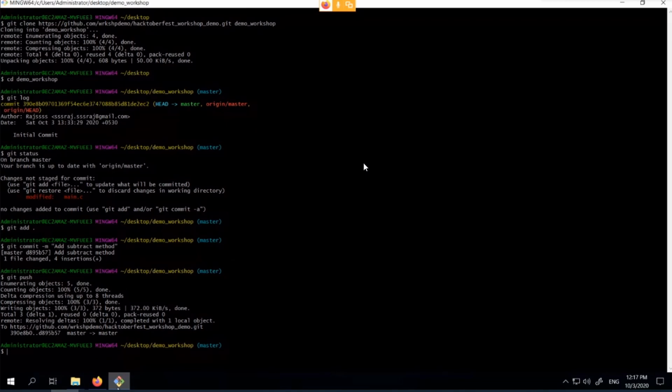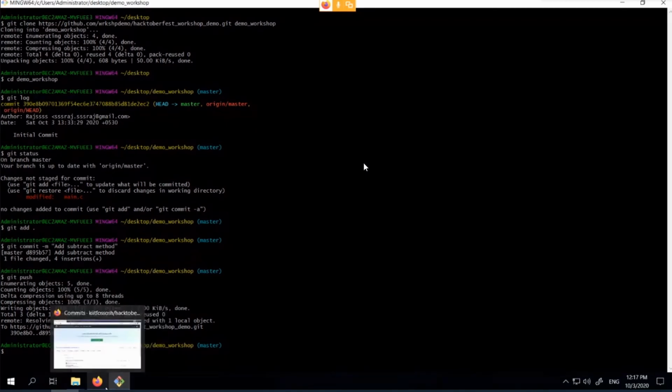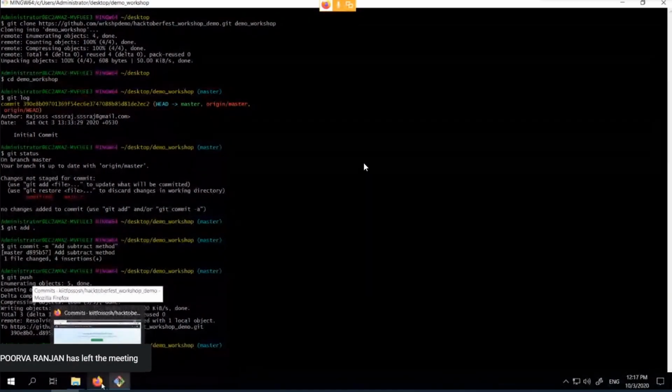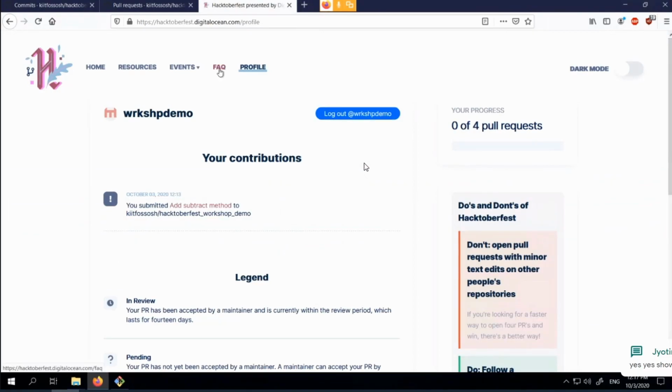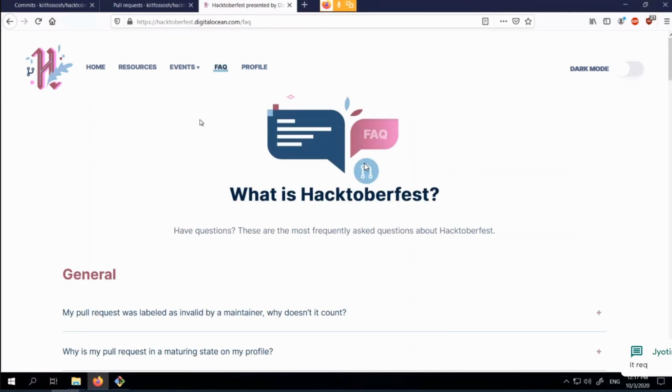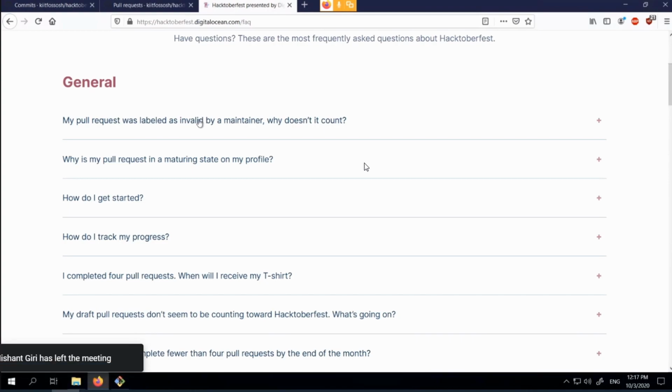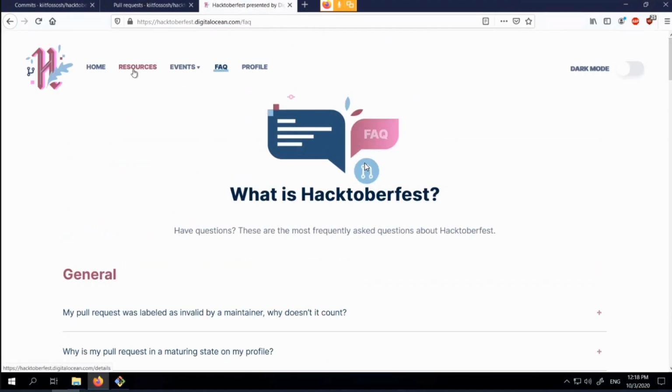Okay, so once you've created a PR, let me show you an example of what a good PR and what a bad PR is. PR basically means pull request. We are covering this topic because GitHub recently updated their guidelines on how and what a pull request has to be made, or what is a spam pull request, because of a recent incident by Indian developers giving spam pull requests to big repositories just by changing a few lines or maybe white spaces, just for winning this free t-shirt. So we will see what a good pull request is and what a bad pull request is.